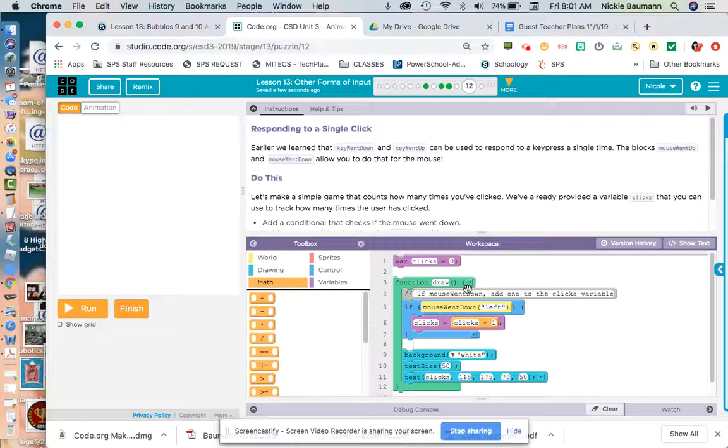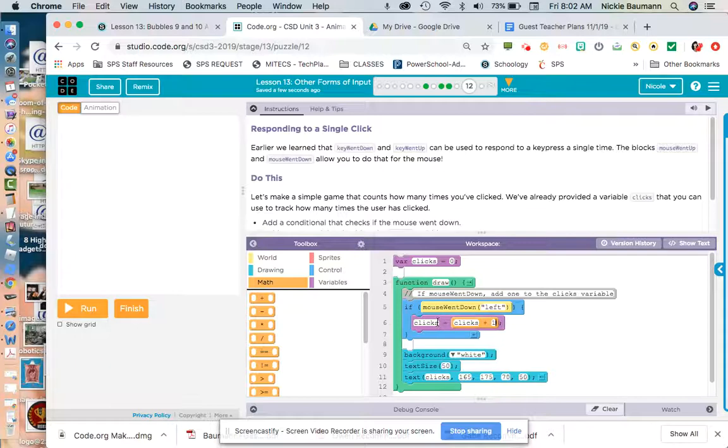So just to explain, when this runs through, right now our clicks is 0. It is going to draw out the number. And if I click down on the mouse, it's going to add 1 to the current value. So clicks is 0. When I click down, it adds 1. So now clicks is 1. Then if I click down again, it adds 1. Clicks is 2.